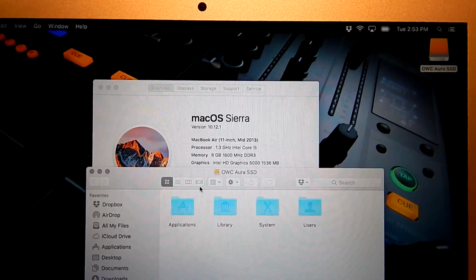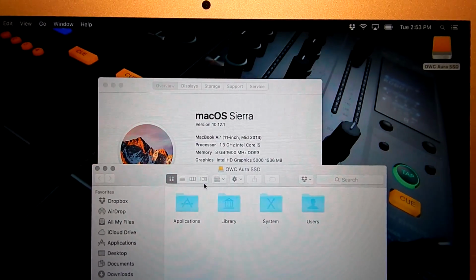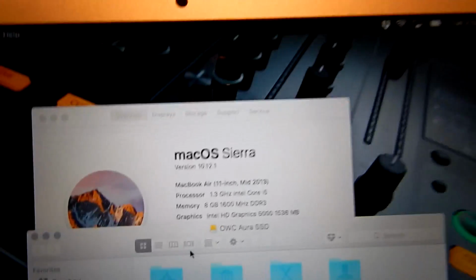10.12.1. See, I'm so used to, like, back in the day when I used to use Jaguar, my G4 Cube. Yeah. Anyway, yeah,